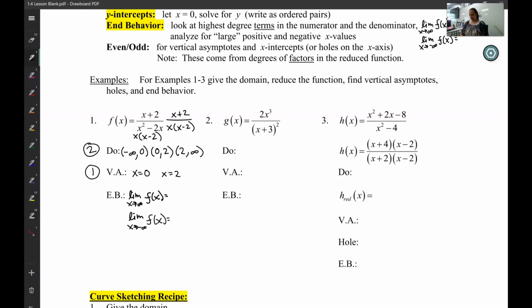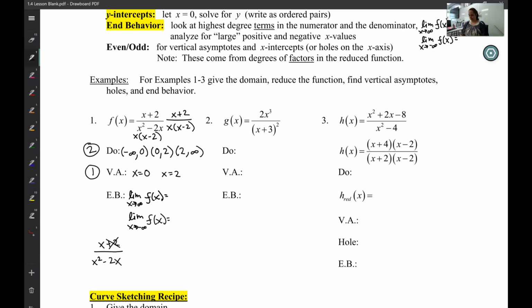So when I'm thinking as x goes to infinity, a really, really big number, this 2 is basically inconsequential at that point. It doesn't even matter because x is infinity. So that 2 can just go away. And when we look at this bottom one, at infinity, x squared is going to grow